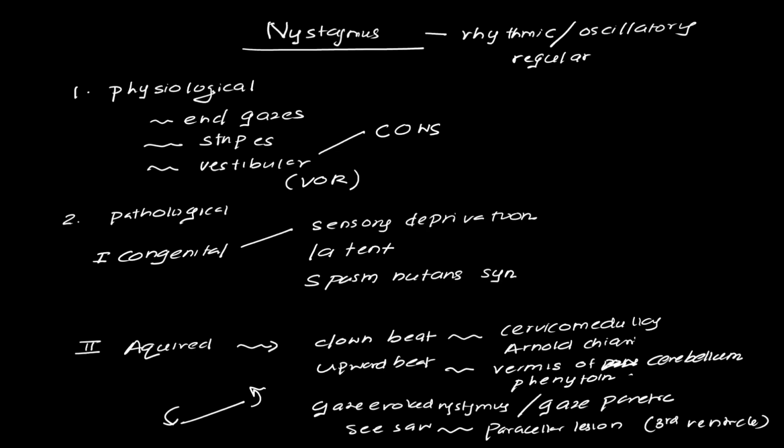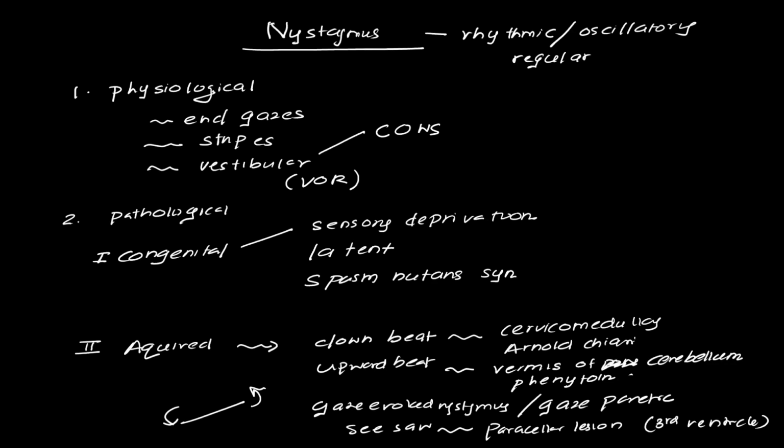I'll be looking at this in a very broad manner, but know that there is something called ataxic nystagmus as well. Apart from that, there are a few others as well which I'm not going to discuss. So this is something that you can remember and take into account if you come across a patient who has nystagmus. So a bit of a tough one,